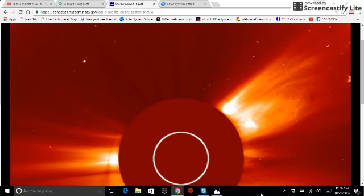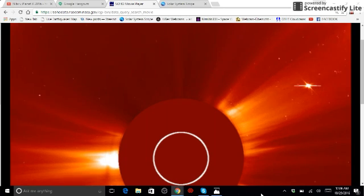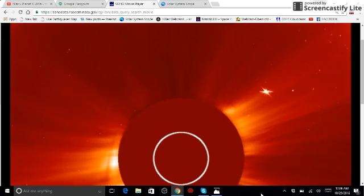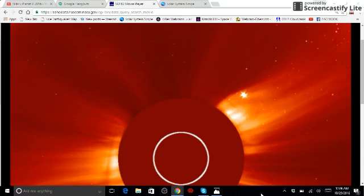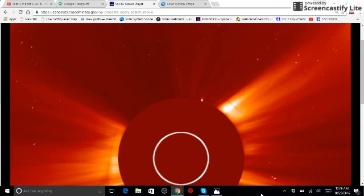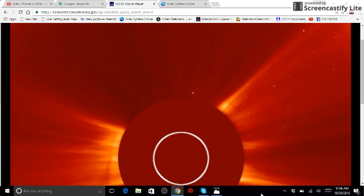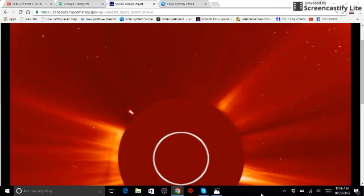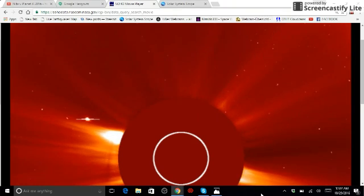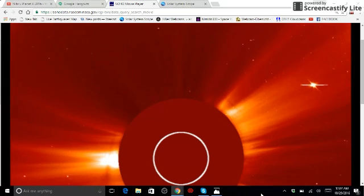Now, I'm sure there are debunkers out there that are going to say that is Venus, or that is Jupiter, or that is one of our planets. Well, I'm going to tell you, if I could, right to your face, you're a damn liar, because that is not one of our known planets. Now, there's always the opportunity for us to be wrong because we're human beings. But we have now been watching this footage